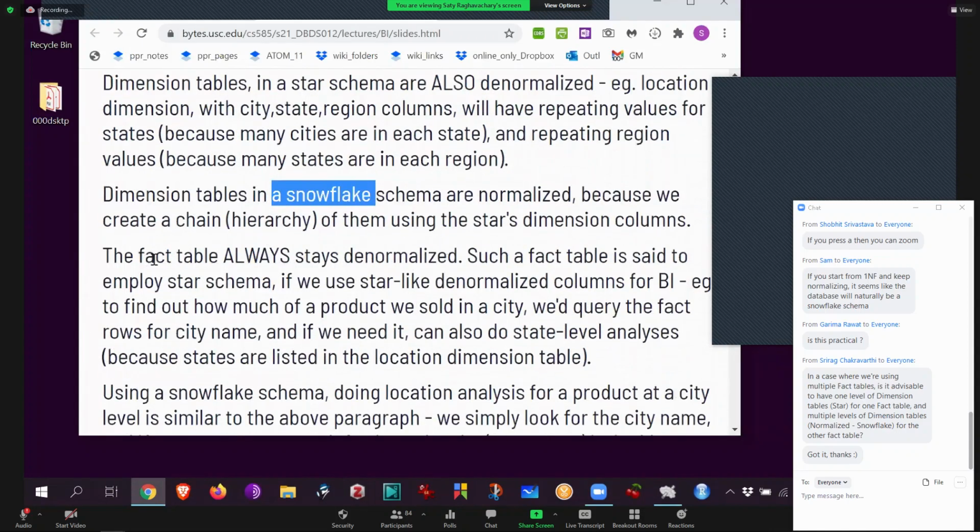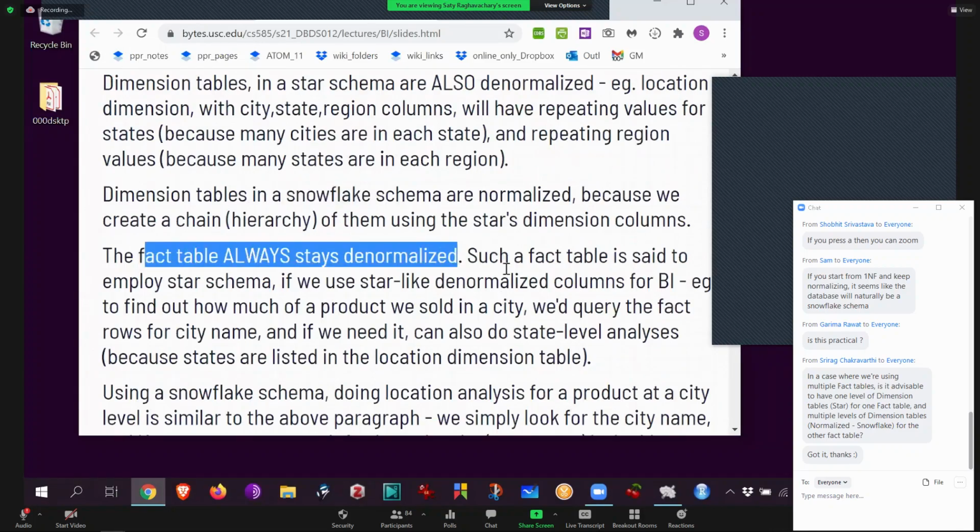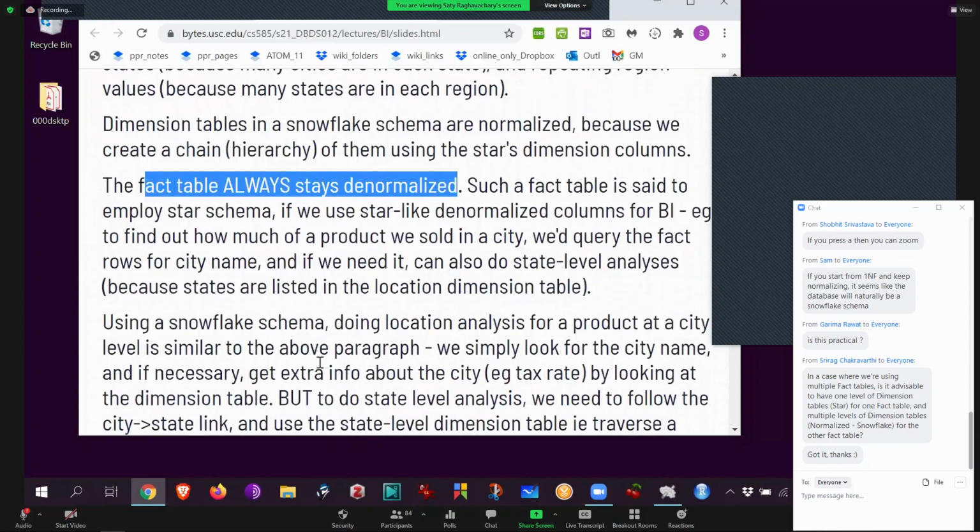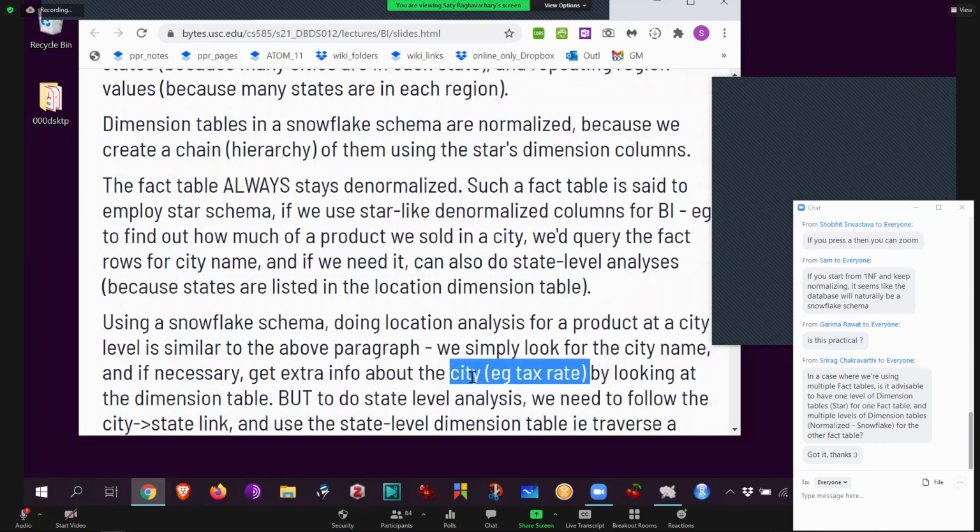And then the fact table is always denormalized, but you can denormalize it even more by piling all of these onto the fact table. That's what that is. Okay, so then snowflake analysis. I told you all this. At every level of the snowflake, you can add extra information just to make it meaningful. Otherwise, the snowflake is pretty boring. You're just pointing from table to table, and then you think, why even do that? You can make it useful by putting something for that level at that level.